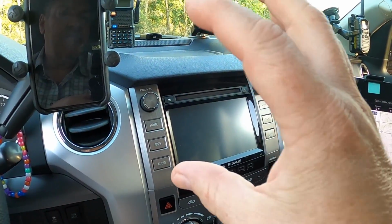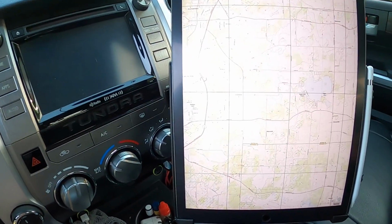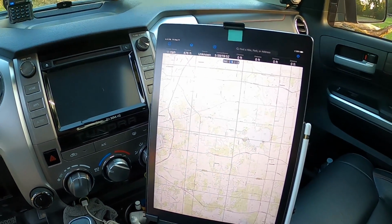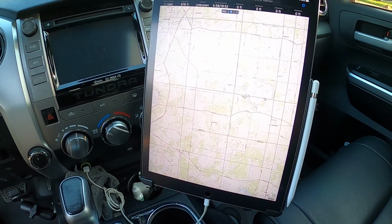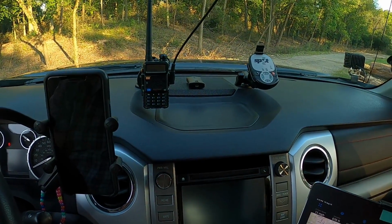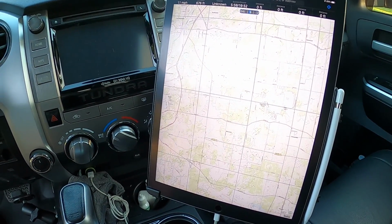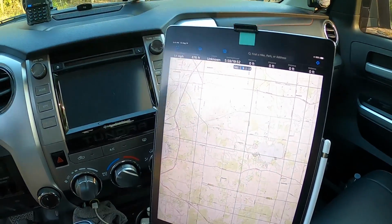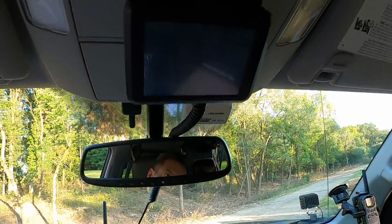I don't really like having the Garmin systems anymore. I've switched over to my iPad, and this is running the Gaia GPS. It is really hands down the way to go. So that is actually linked to the Glo, and I can do multiple things with this. I can watch a movie in my tent later, any of that type of stuff. My Baofeng up with a PTT, and as you come up,